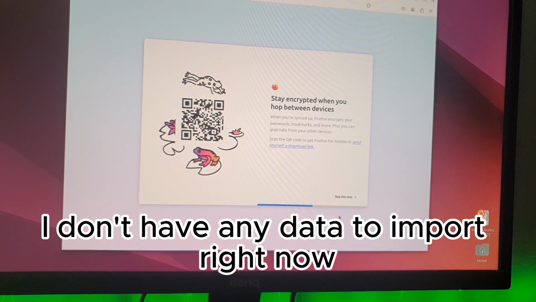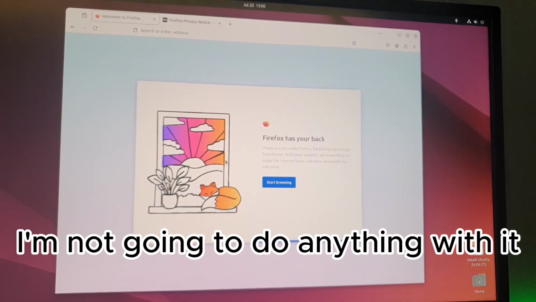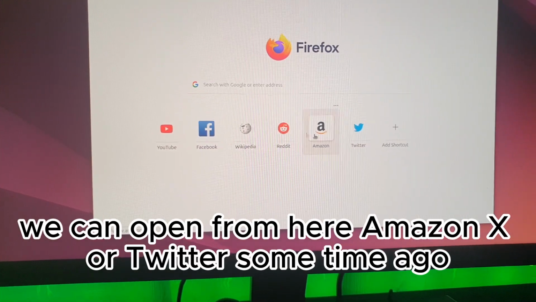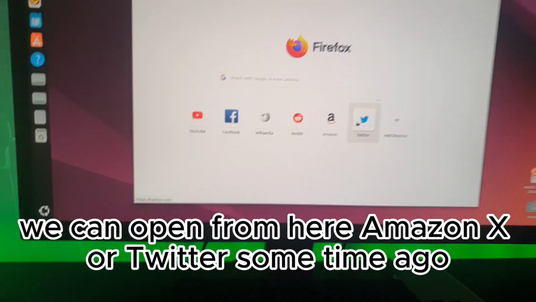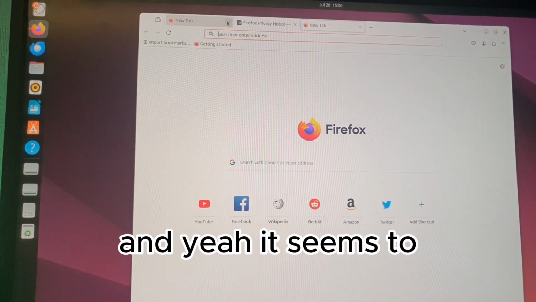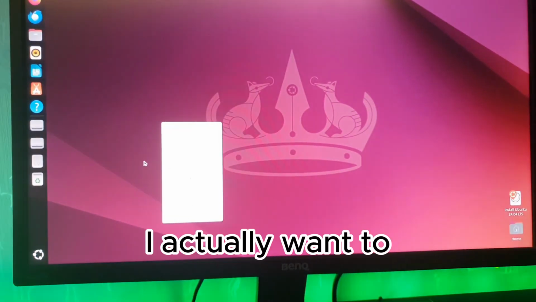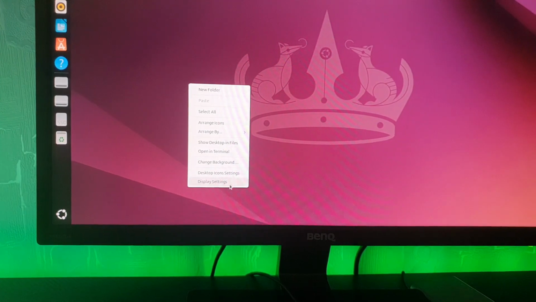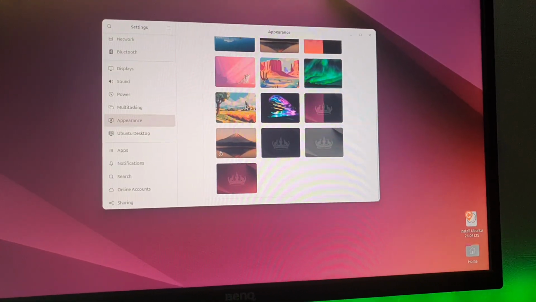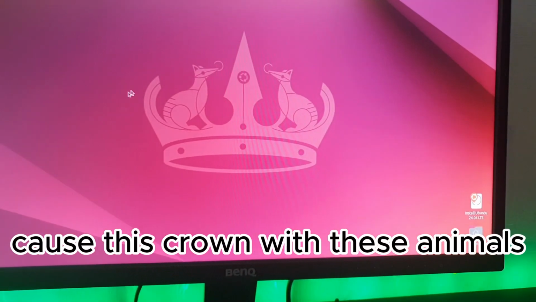I don't have any data to import right now. I'm not going to do anything with it. Okay, so you can see we have some basic tabs we can open from here. Amazon, X, Twitter some time ago, Reddit, Wikipedia, Facebook, YouTube, and yeah, it seems to work nice. I actually want to... Oh, and we can change the background, because you get a ton of basic backgrounds with Ubuntu. These nature-inspired ones. I actually want to keep this thing, because this crown with these animals,